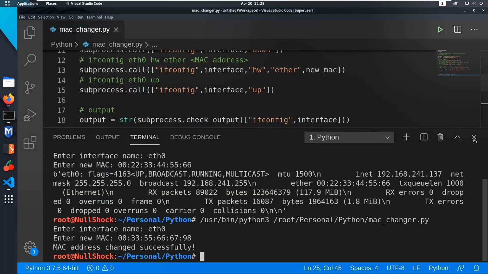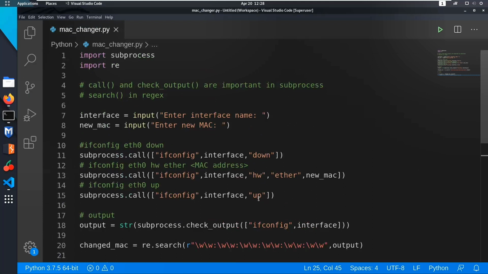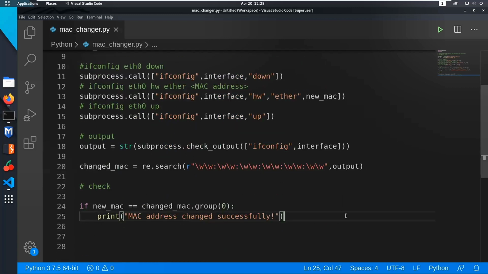And friends, this is the way of how to implement a simple MAC changer which doesn't take any arguments from the command line, and it takes the input like a normal Python program. So this is just for a MAC changer, and you can also implement some more important things like this.